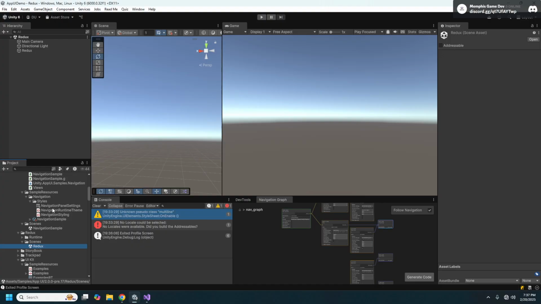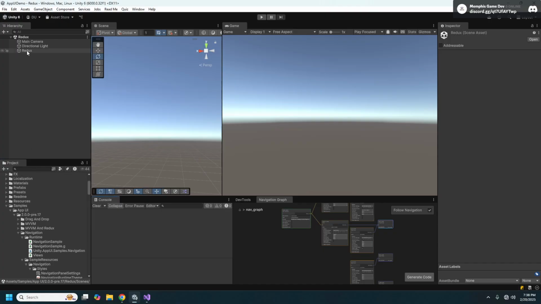And what Redux allows you to do is manage your application state in such a way that it lets you drive your UI through state manipulation, basically. I've not gotten as far as I wanted to in wrapping my head around this, but